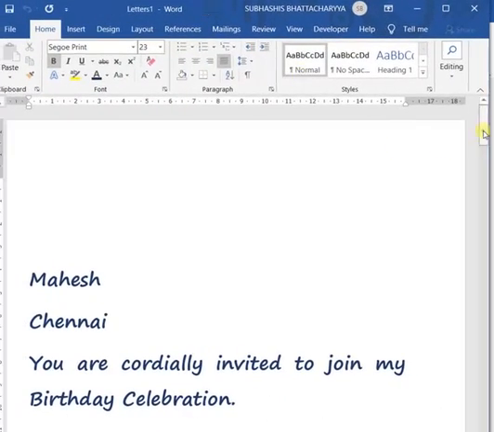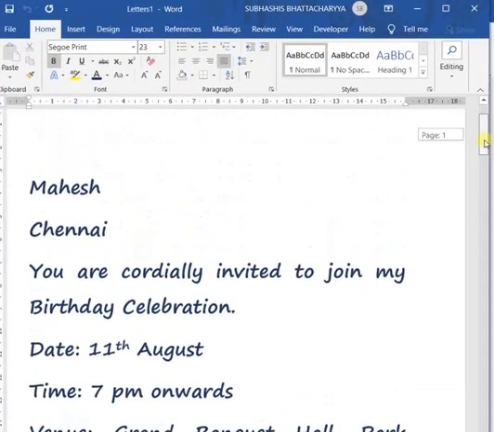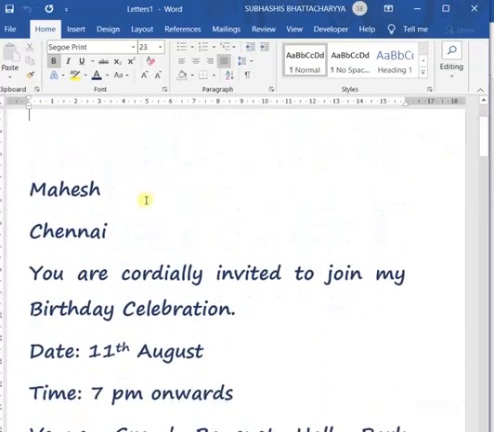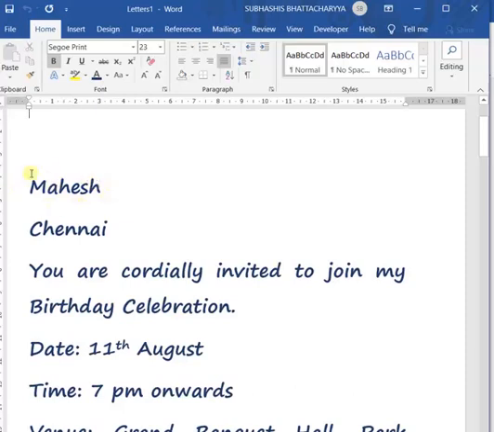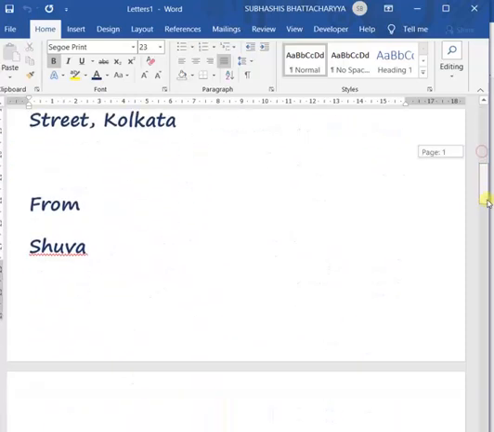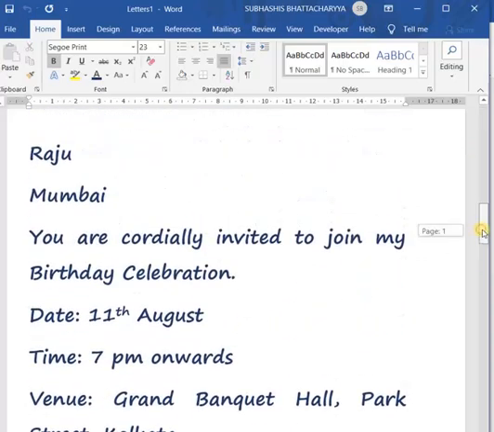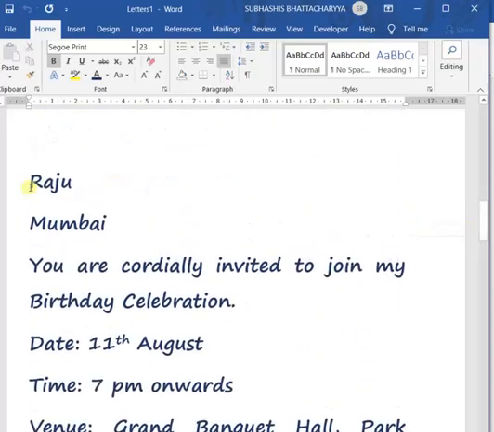Now if you scroll, you will see it page wise. First page is the first letter, of the first recipient. Second page belongs to the second recipient.